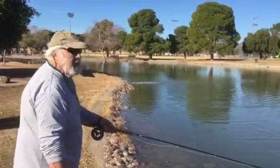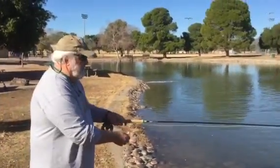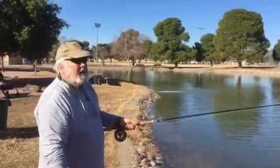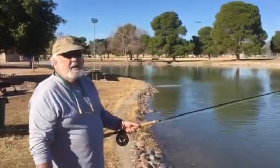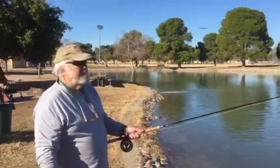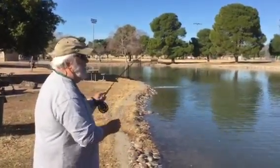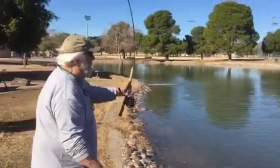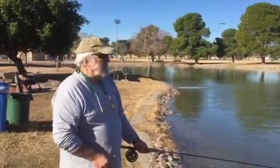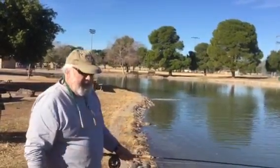Is this considered a switch rod? Switch rod. Is there a difference between that and a spey rod? Spey rod, yeah. Sorry. Well, spey is a type of casting. Okay. But what people normally think of as a spey rod is a little bit bigger than this. So what I tell people is it doesn't matter if you're going to learn to spey cast, switch cast, whatever. The advantage of learning all the spey casting is